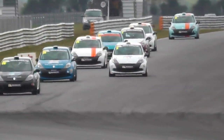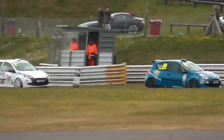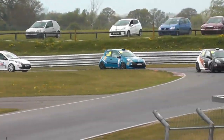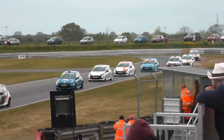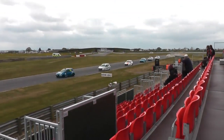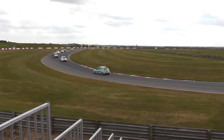Gaffney just started to gap Herbert. Now up on the inside comes Andrew Jordan. He attacks Luke Herbert. The two cars are almost side by side. But again, Herbert takes that wide swooping line through Brundle. He's so much faster than anybody else doing that. So he's gapped Andrew Jordan ever so slightly again as they turn their way onto Bomhole, and still behind that